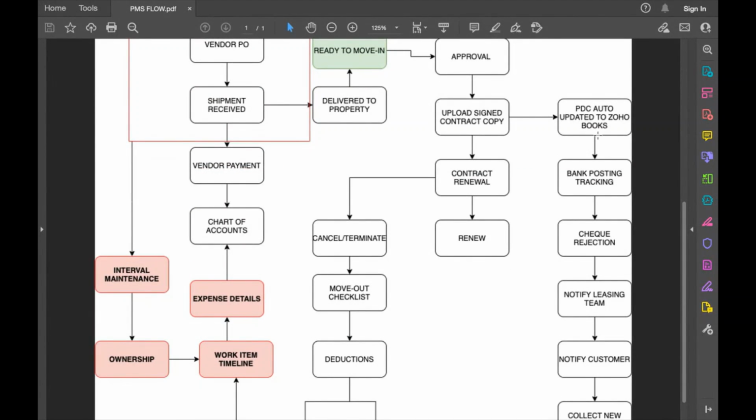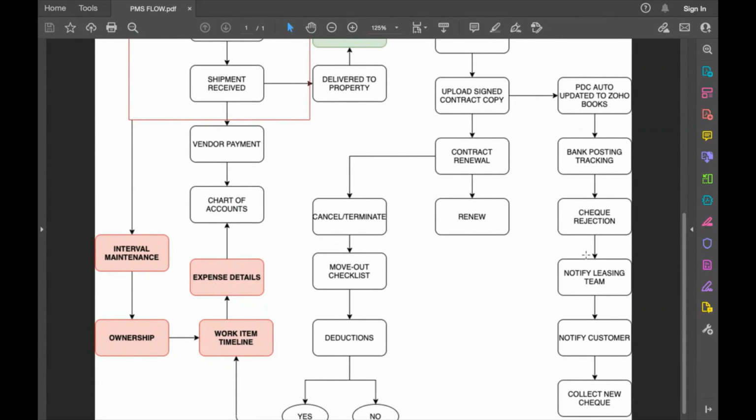So all the check information, we will be tracking it here, where the statuses and the rejections, or notifying the customer through email or through SMS, it's possible. And once the finance aspect is taken care of, the next thing would be the contract renewal. So we will have an option, maybe at the end of the cycle, after the completion of a year, the client has the right to decide if he wants to renew the contract or if he wants to cancel the contract.